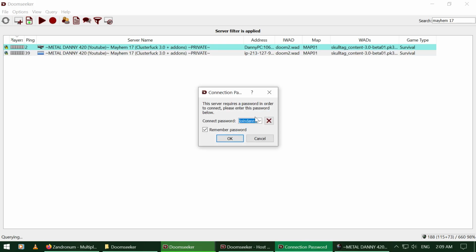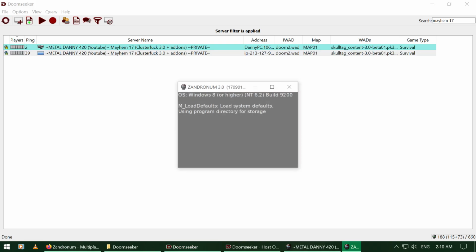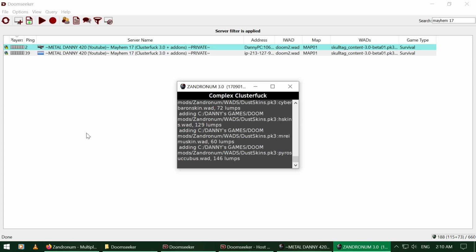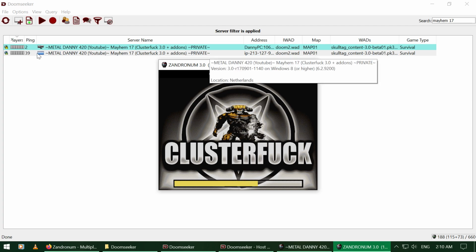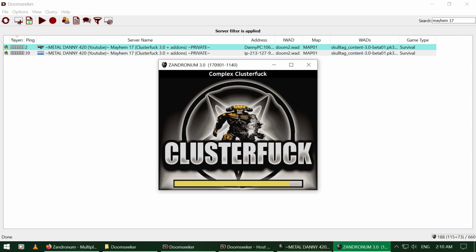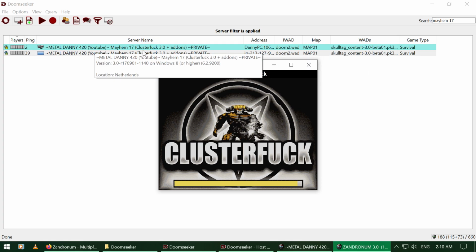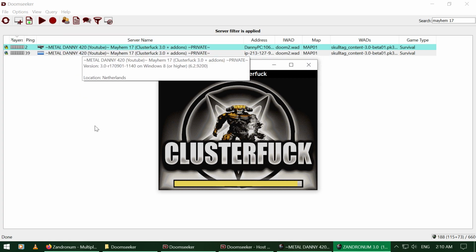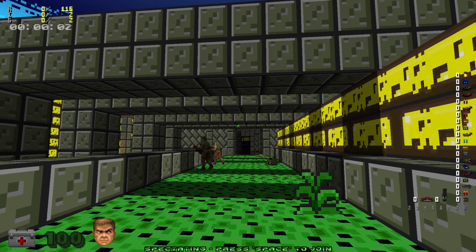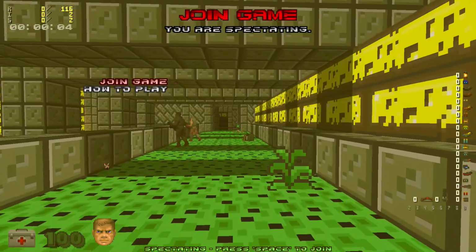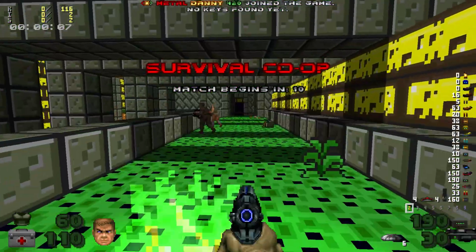Now you can simply join it, just like your friend would. It's exactly the same for you guys right now. And then let it load up. It's pretty simple from now on. As long as you have the configuration all set up, it's fine. Here we go. As you can see, it's the same as the other time. Works fine.